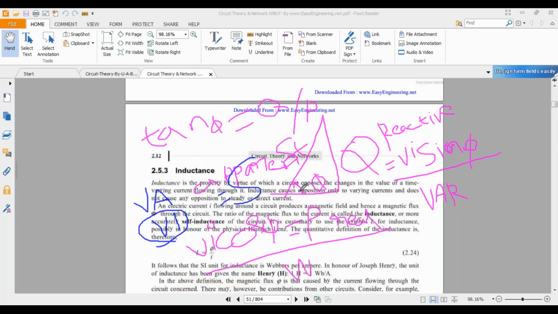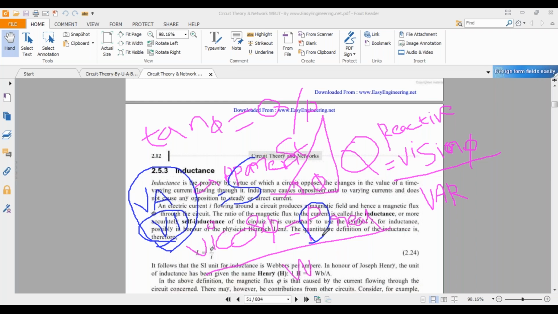Generally the rating of an equipment can be given in terms of an active power P. But it is a common practice to provide the full capacity of an equipment in terms of an apparent power, VA only, volt ampere. For example, if you want to purchase a battery for your inverter, UPS, etc., for the small company batteries also, we will not talk about the power P for the battery.